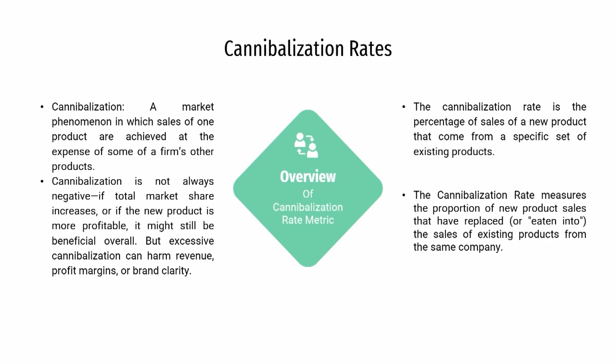One example is when the iPhone 16 was introduced: there is a point of time when people stop purchasing the iPhone 15. Remember that this cannibalization is a gradual process. All the products of one category will not become obsolete in a single day. Gradually they become obsolete in the market, gradually they become irrelevant in the market.